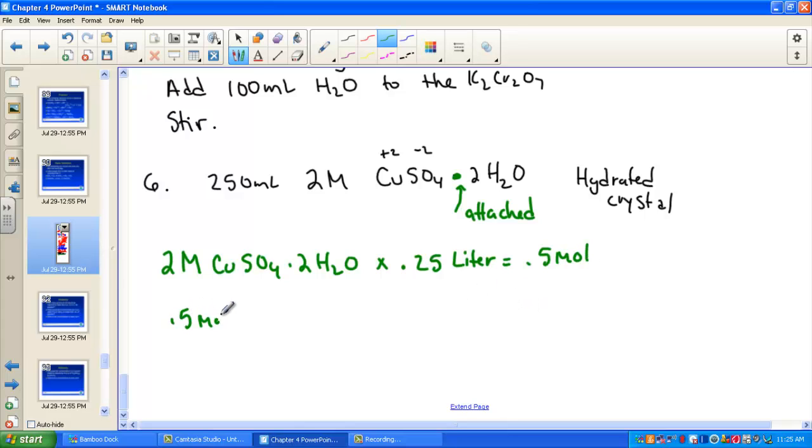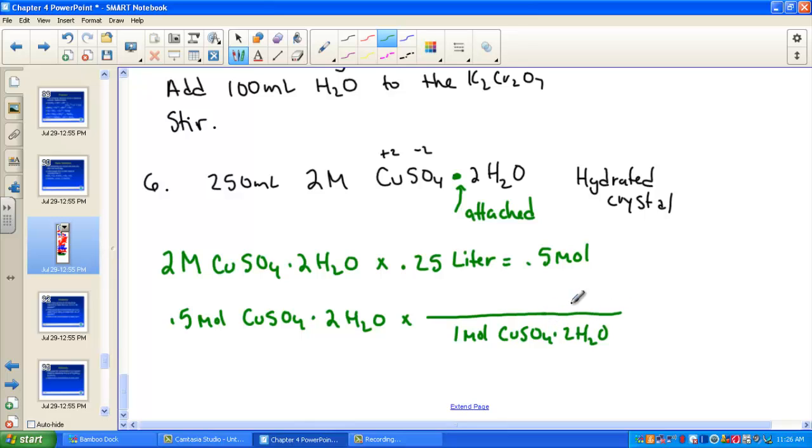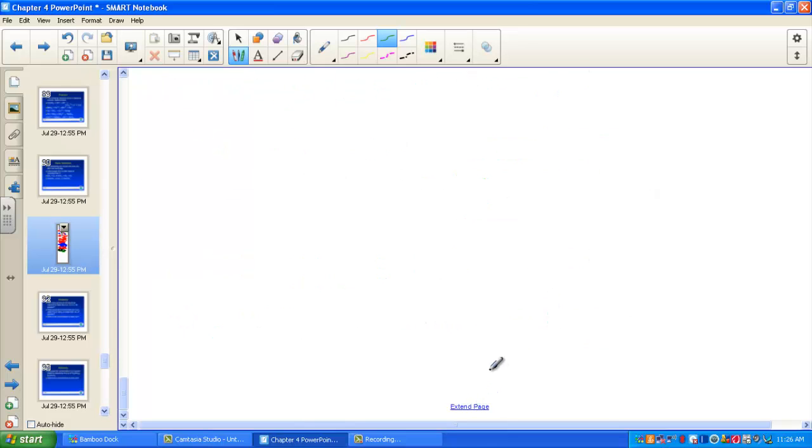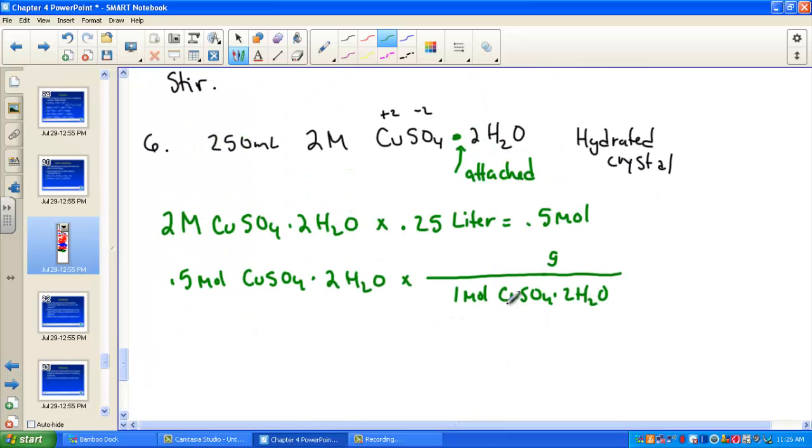That 0.5 mole of our copper 2 sulfate dihydrate. Now see, we need the molar mass, don't we, to figure out the grams. How many grams does 1 mole of copper 2 sulfate dihydrate weigh? Alrighty, so we have a little mole map work to do here. Let's take a moment and kind of sum